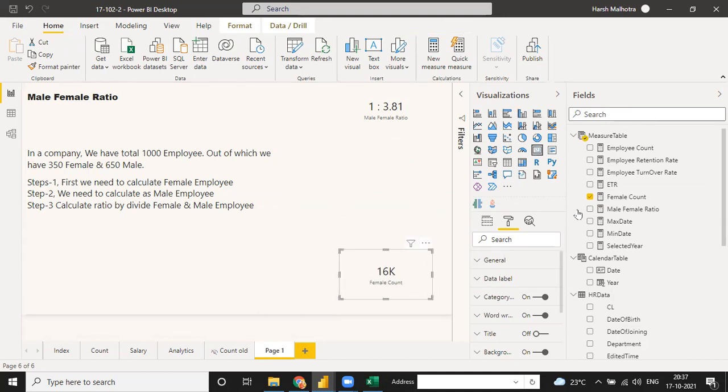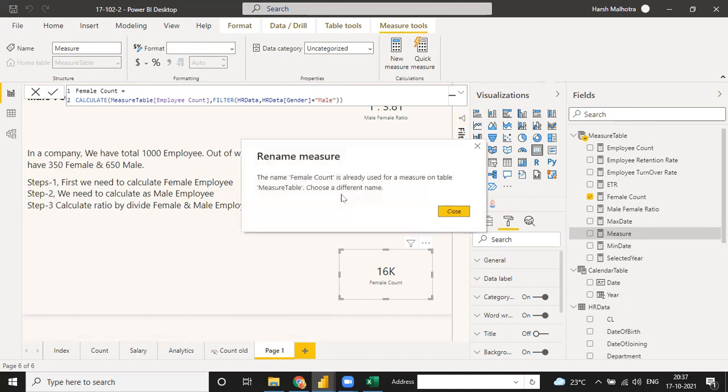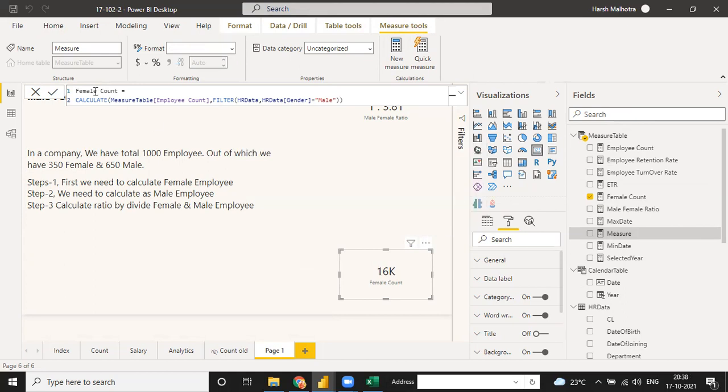See, we have a female here. In the same way you can calculate your male. It does not make any sense to do it separately, because this is the same function we are going to use in the variable.